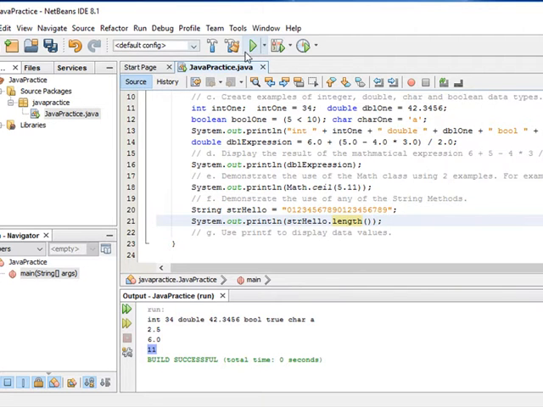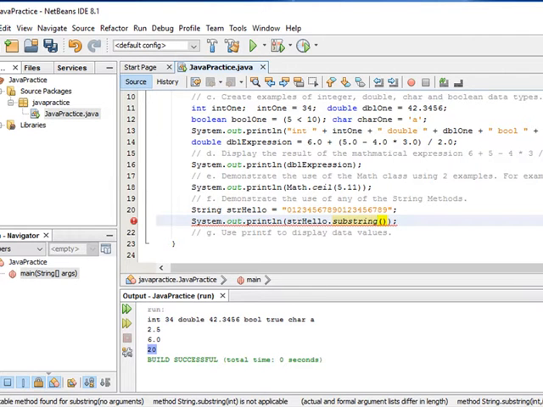Okay, first let's run that and see how many there are in there. There are 20 characters in that string, and let's see, what's the syntax on substring? Is it substring? And it wants to know